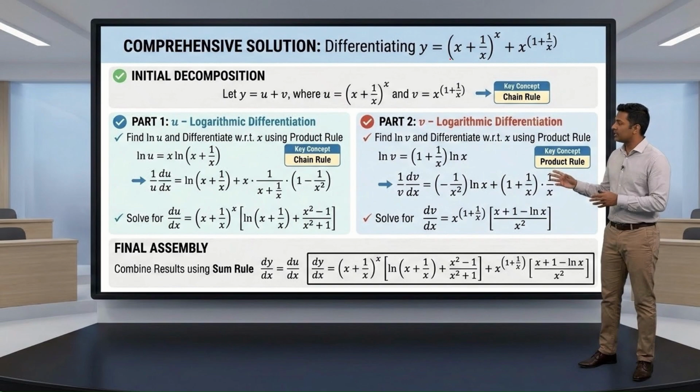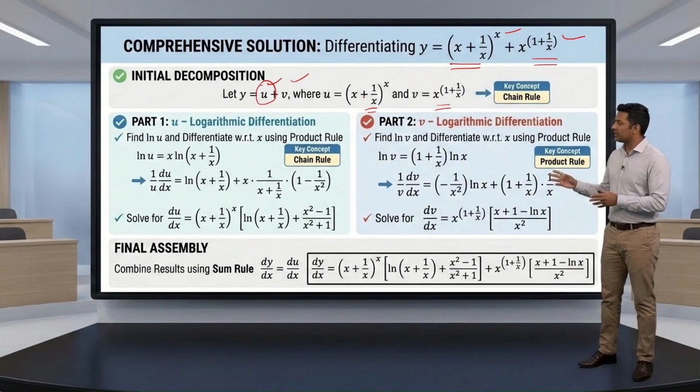Differentiate y is equal to (x plus 1 by x) to the power of x plus x to the power of (1 plus 1 by x). Now this function is y is equal to u plus v. I am taking this as u, this as v. Now first I am going to differentiate u here,